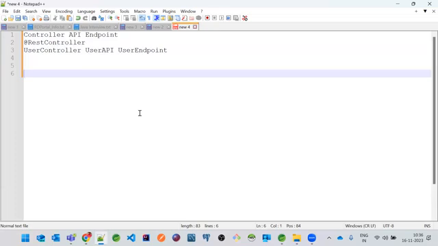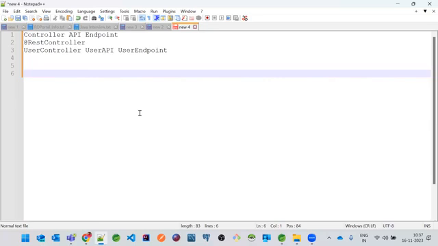Now, there is the Single Responsibility Principle from SOLID. A class must have only one responsibility. What is the responsibility of a controller class? Anyone knows? It has to just receive the request and return the response. That is the only job of a controller. You cannot write business logic code, that means connecting to the database and getting some records. You cannot write that code inside a controller.